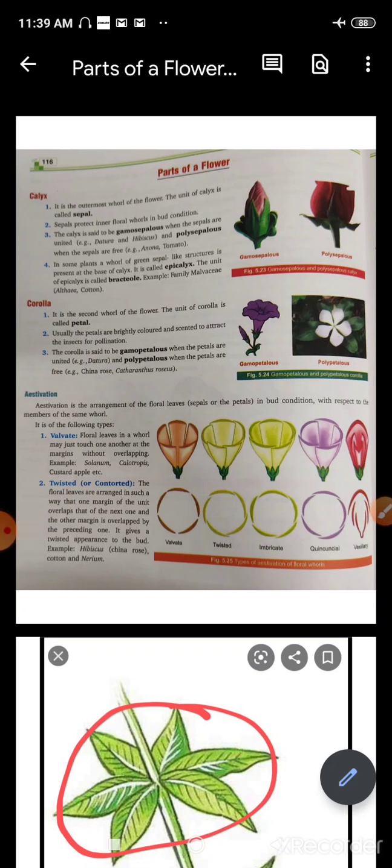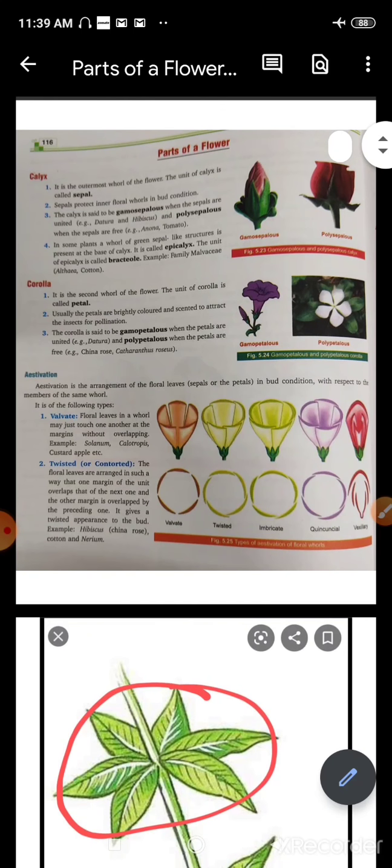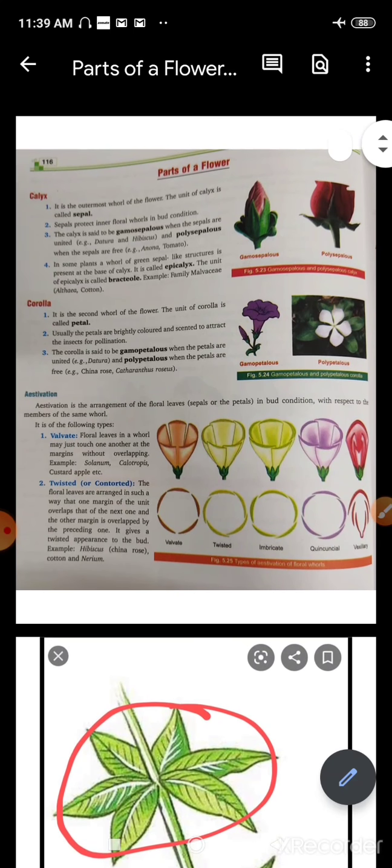We will continue with the morphology of a flowering plant. In the previous class we did half of the lesson, and now we continue. We talked about the various modifications, etc., and I had also told you that most of it is not in your syllabus. We will have only inflorescence and the parts of the flower as a part of the syllabus this year, but it is important for you to know the other things.